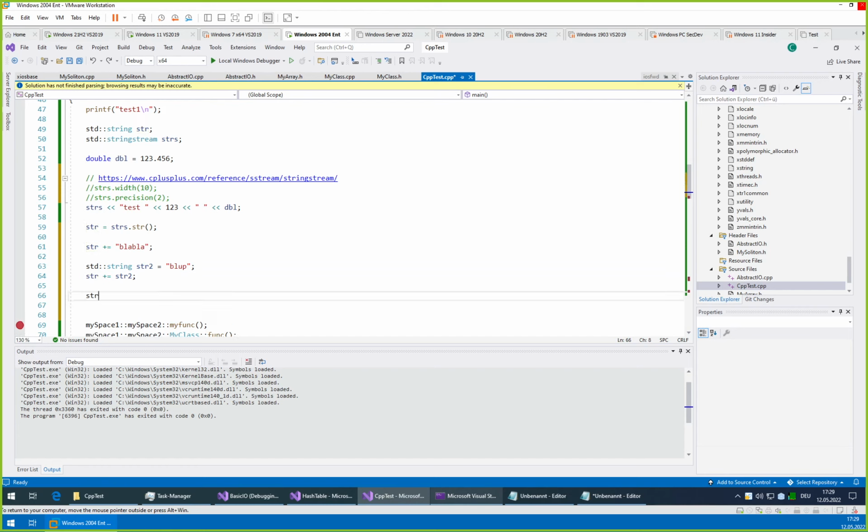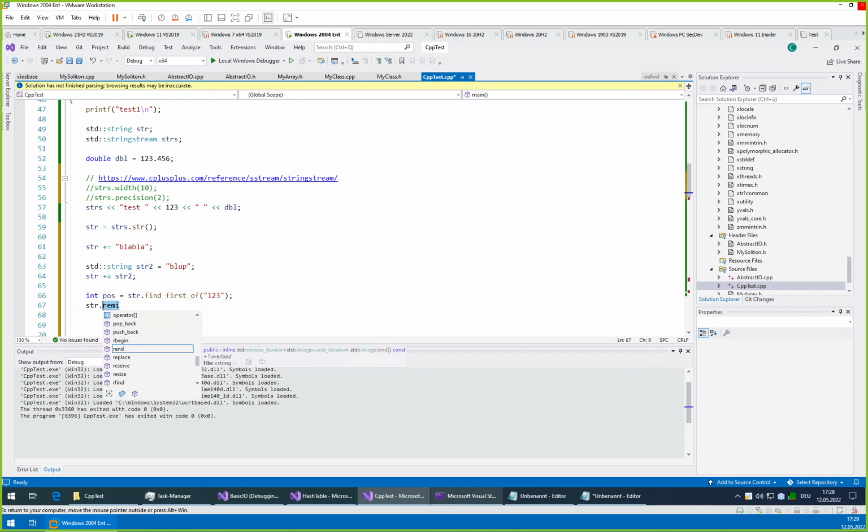You can find things. So index, what was it, find first of 1, 2, 3. int pos equals. So you have a function to search in the string. You can also remove things. Does it delete? No. There should be a way.